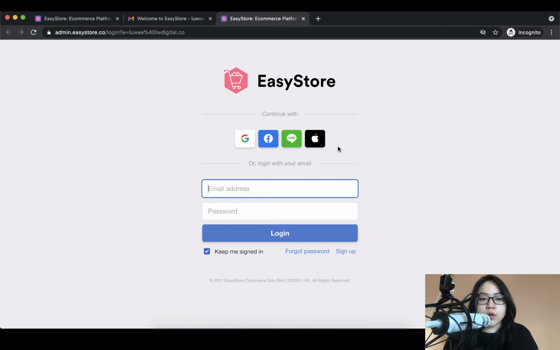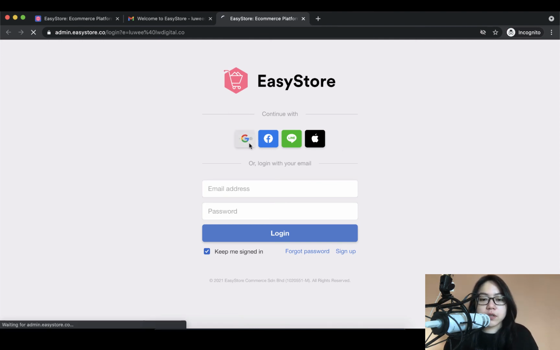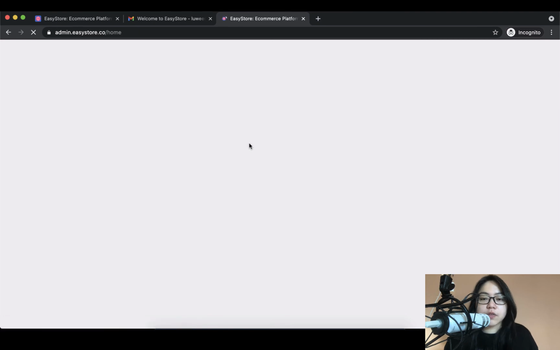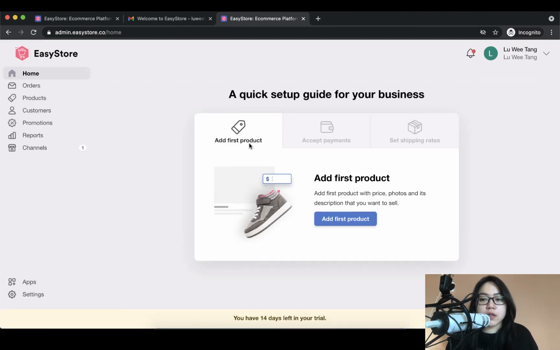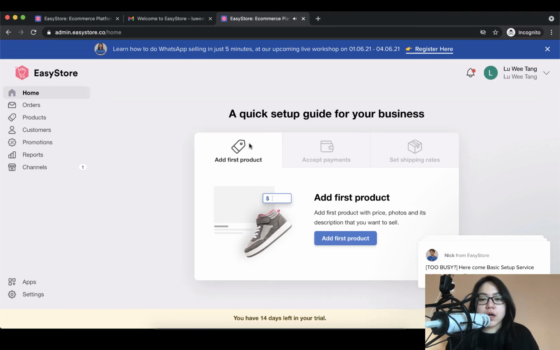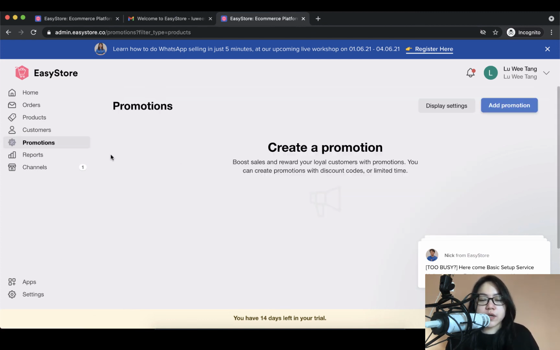Okay, so now that you verified your account, just log in. Okay, so I've used my Google account. You can use anything and use that method to go into your account. Alright, so that's it. That's how you set up your free trial. So as you can see, you have access to everything here. Okay, so it's pretty easy to set up your free trial. You don't even need to key in your credit card information.